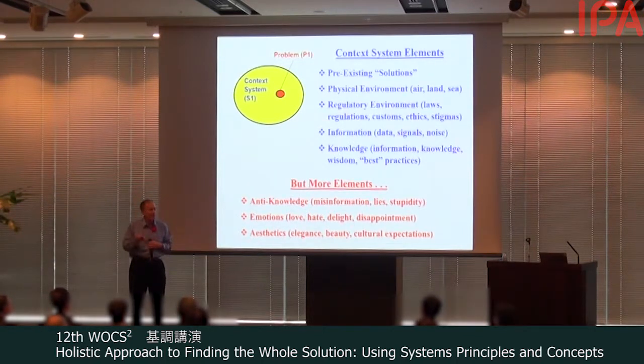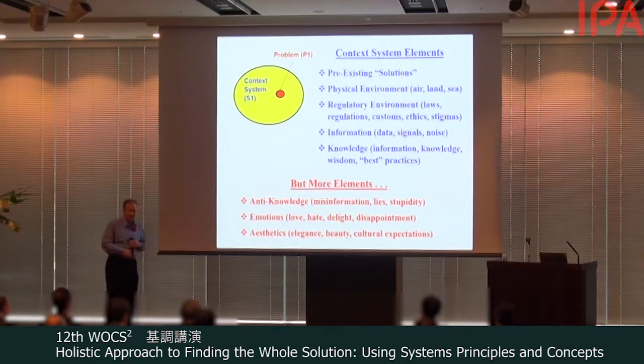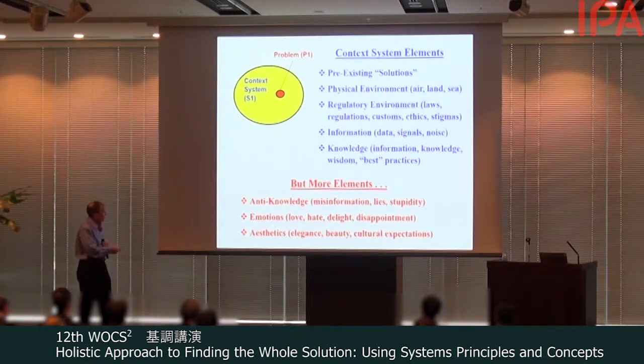So to have a total solution, we have to understand all the feelings out there, not just those who have a problem and hate it, but also those who like the problem, because you need to take them into account, because sometimes they can come back and make your system less than successful. The entire context, not just those who declare the problem. There's also some aesthetics. The aesthetics will also affect how people feel about the system. So it's not just a technically correct solution. It's not just technology. It's also, do people feel good about what they see?